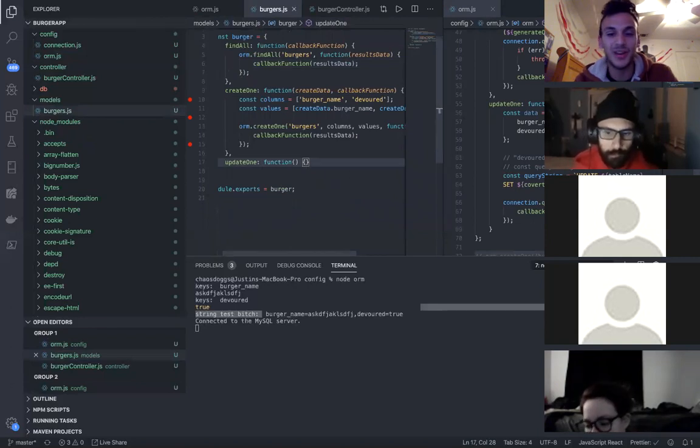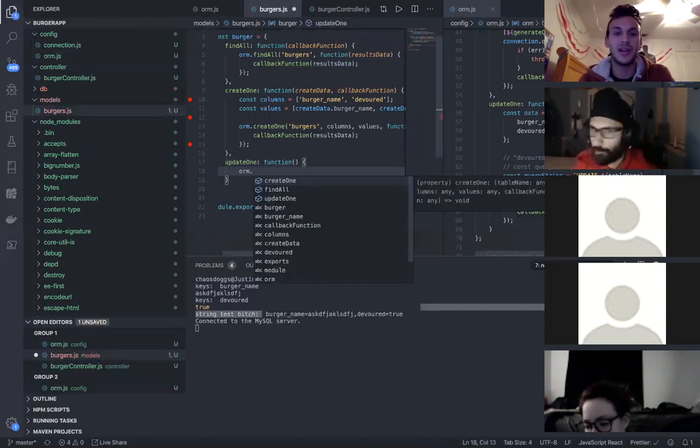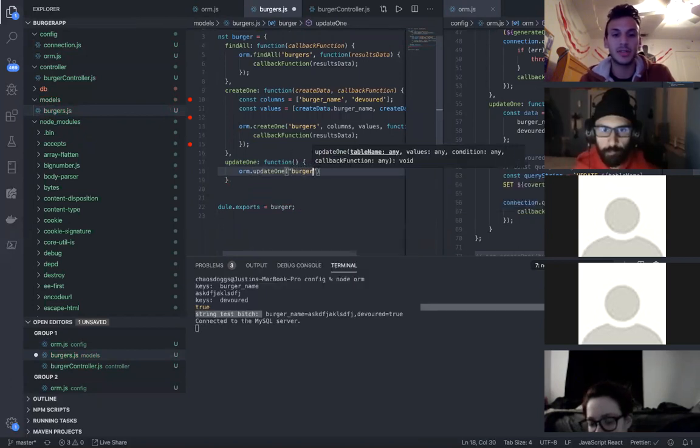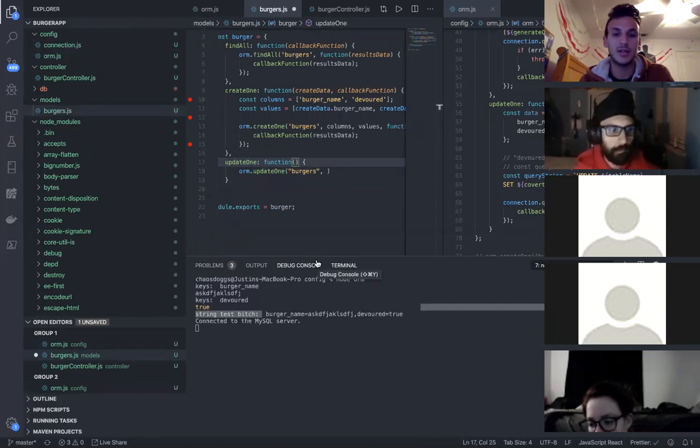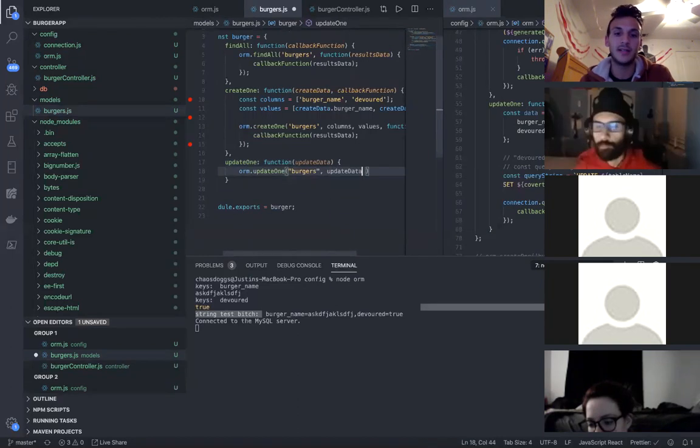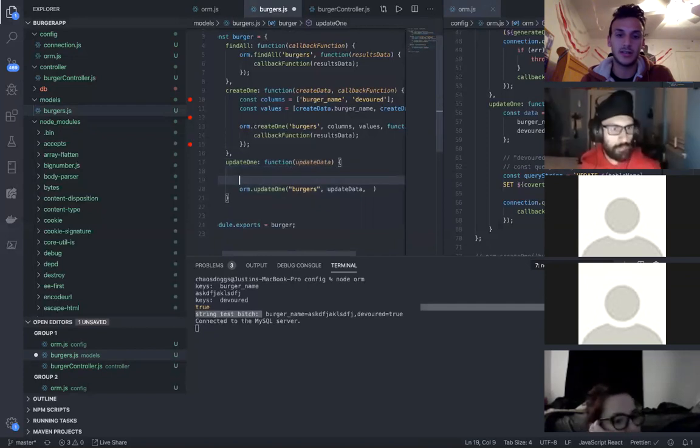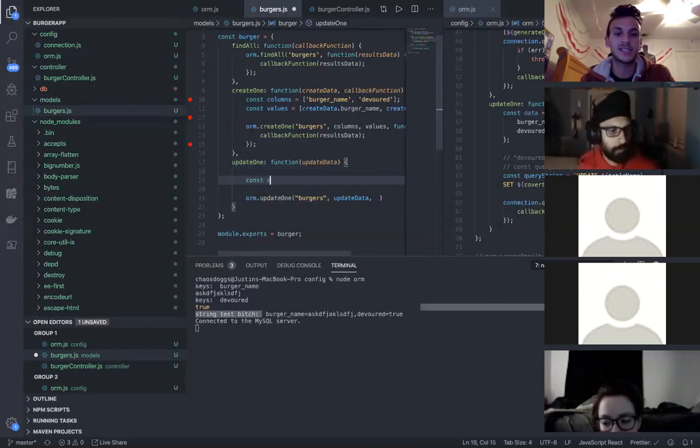So in this update one, we're gonna do ORM dot update one. We're going to pass in burgers because that is the name of the table. The values we are going to pass in, we're actually going to pass it in up here. It's going to be called update data. We're going to pass that here. And then I'm actually going to call this right here, const condition equals,